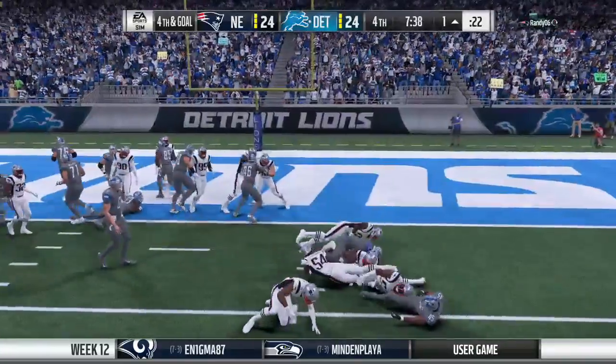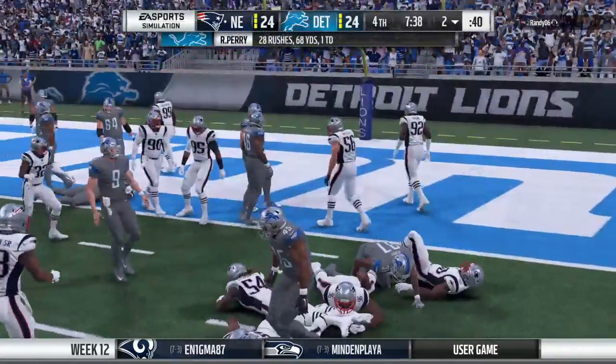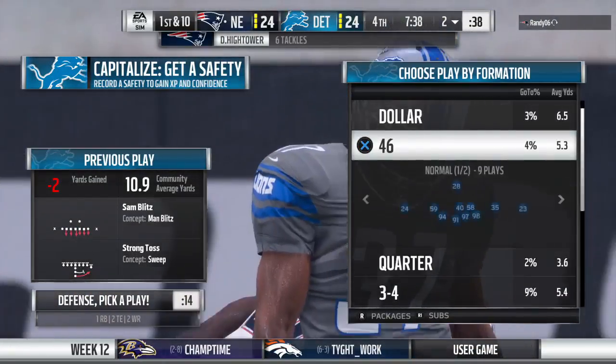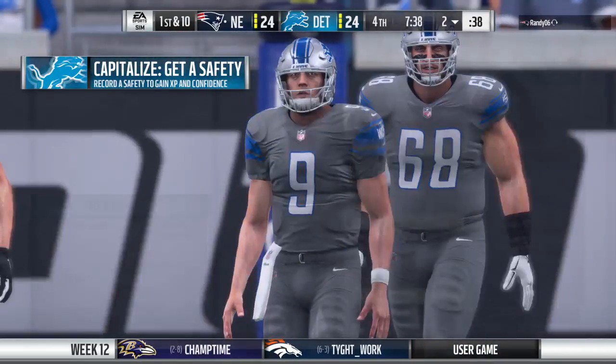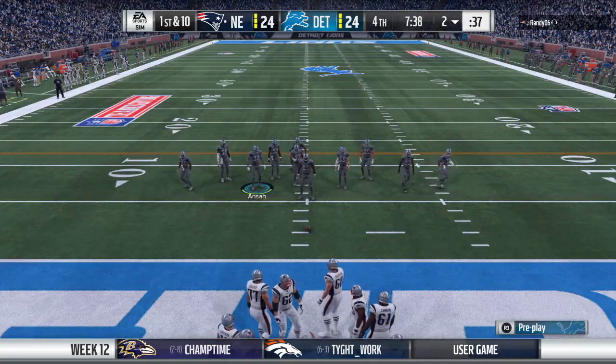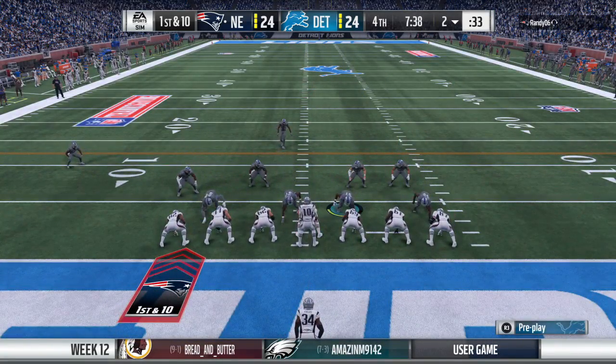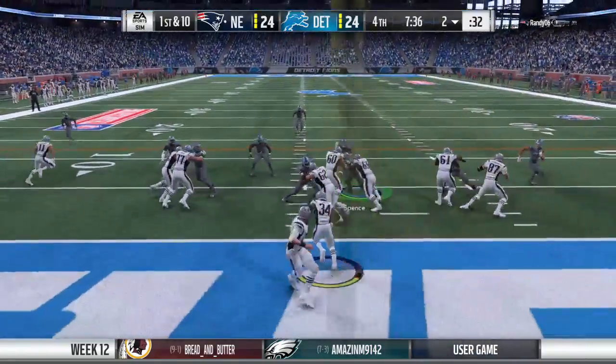Now they'll run it on the toss. And he didn't get there. Knocked backwards to the 2-yard line. They gave it to him in search of his 3rd touchdown, but he's denied, and the Patriots get the football back. Both teams working on short rest, but this has been one of the better Thursday night games we've seen